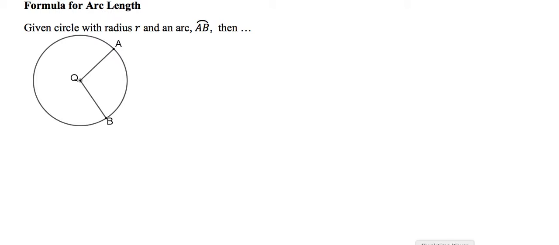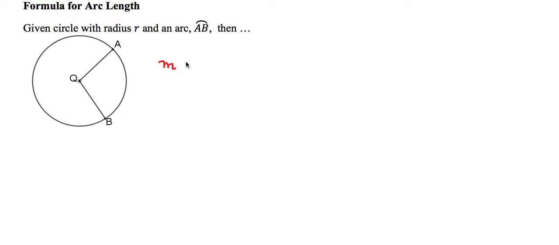In this video, we will look at the formula for the length of an arc. We talked about this arc length situation, and we've done a brief example already, but let's formalize this process here. When we want to find the length of an arc given a circle with a radius r and an arc AB, we can use a proportion. The measure of arc AB over 360 degrees is equal to the length of the arc AB